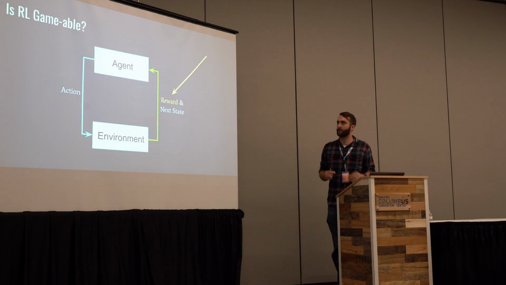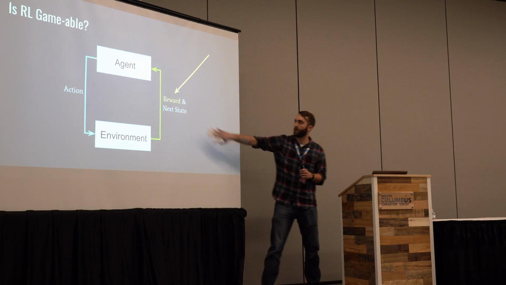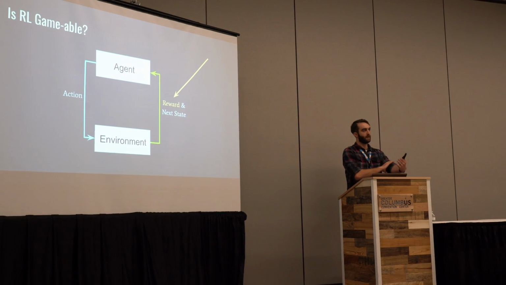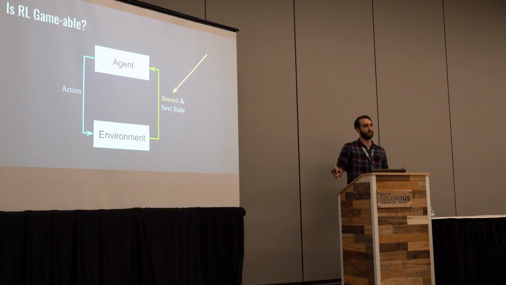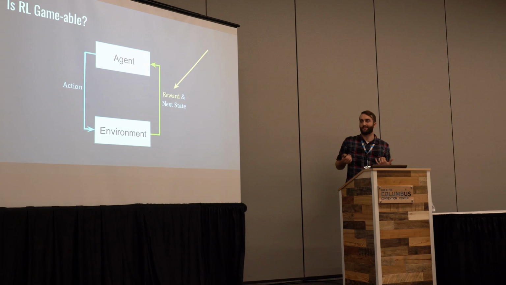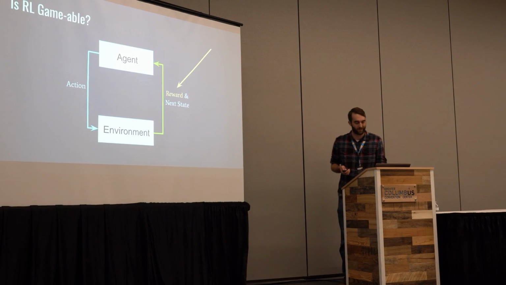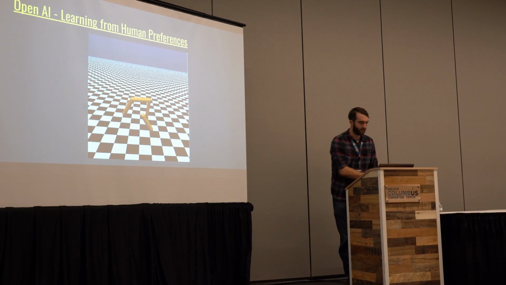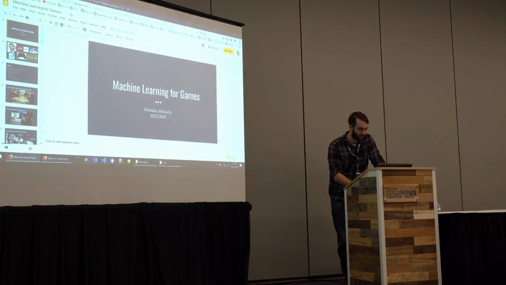Well, reinforcement learning does have this one part that's gameable. We could change the reward function based on what you as a player like. So maybe one player wants the ball to go in the pit, so they'll give that a positive reward. Another player likes to see the robot die, so they give that a positive reward. So there's maybe a little bit we could game with this type of setup. And there's an interesting algorithm that OpenAI put together that demonstrates this. So let me show you that.